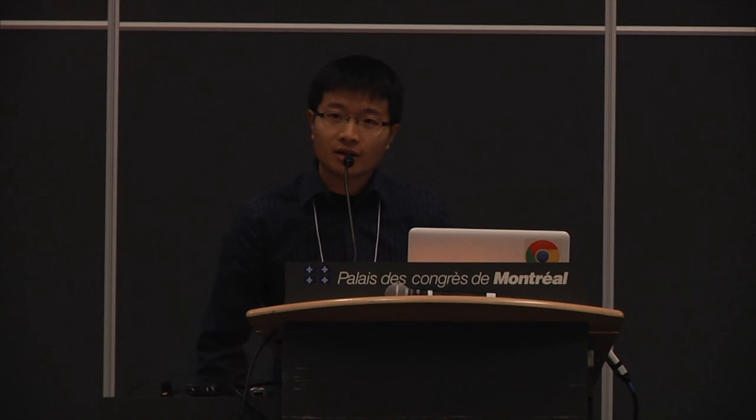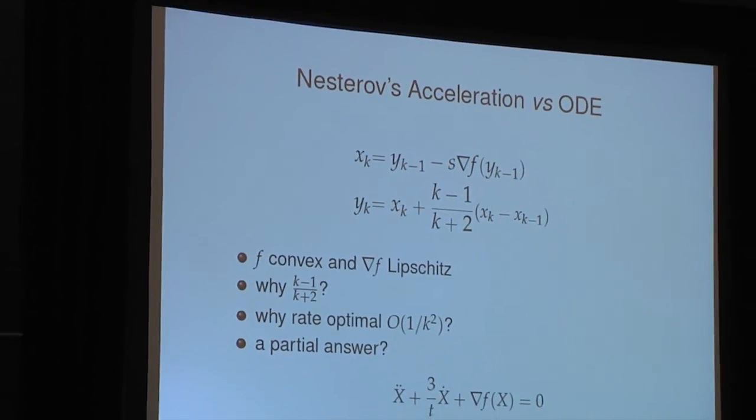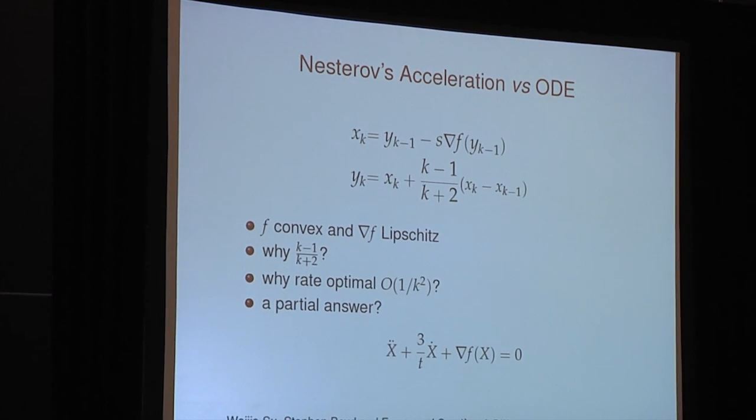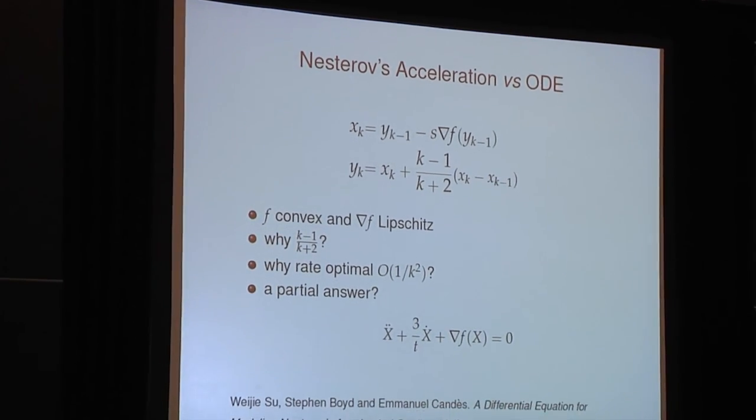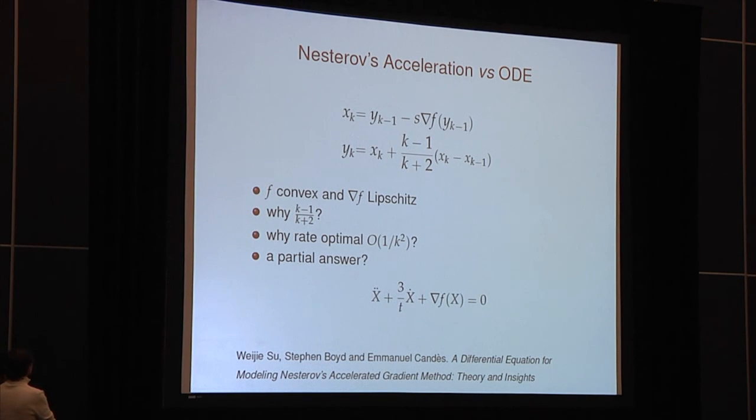Hello, my name is Wei Su, and I'm going to talk about an extensively used technique in modern optimization, Nesterov's accelerated gradient descent, proposed 3 decades ago. This scheme has an optimal 1/k² convergence rate for convex functions with Lipschitz gradients. This speed up is widely attributed to the introduction of a momentum term, but no physical or geometrical intuition has been provided yet. For example, why should the momentum coefficient